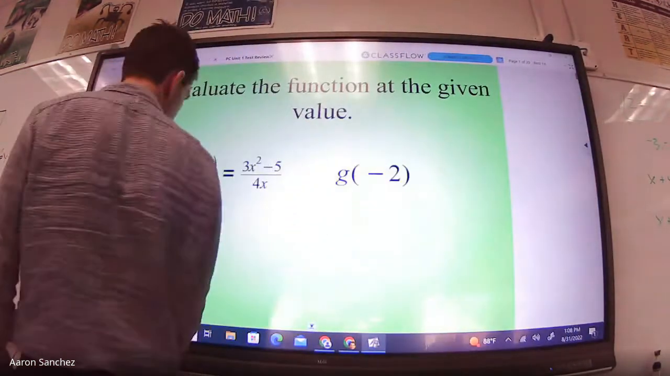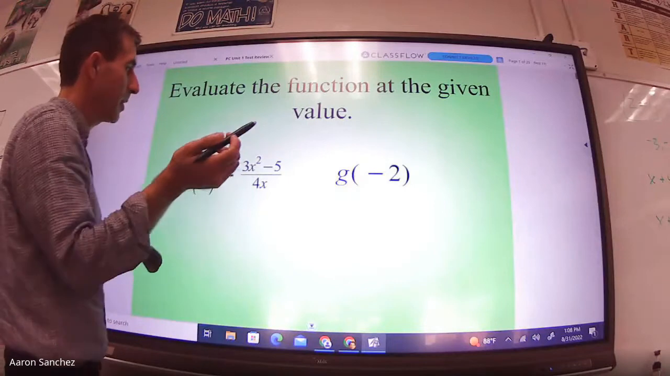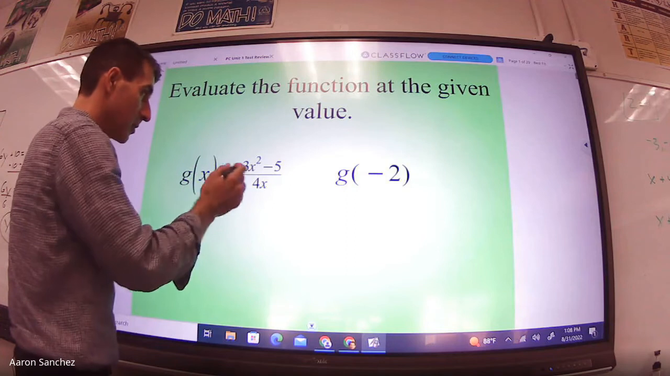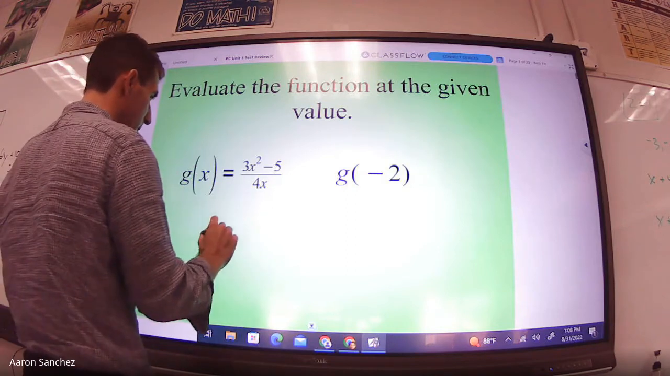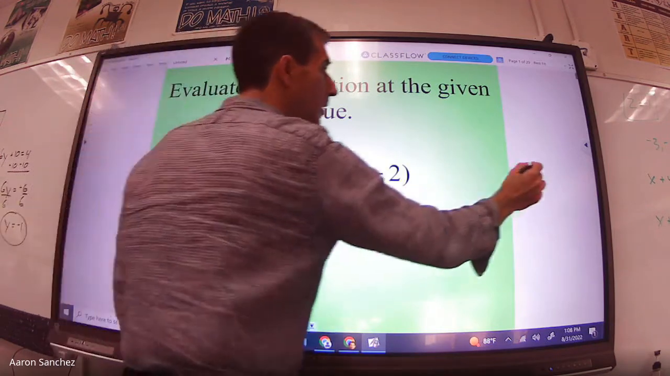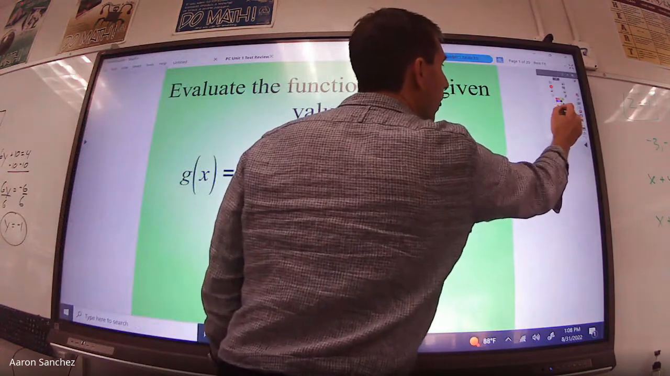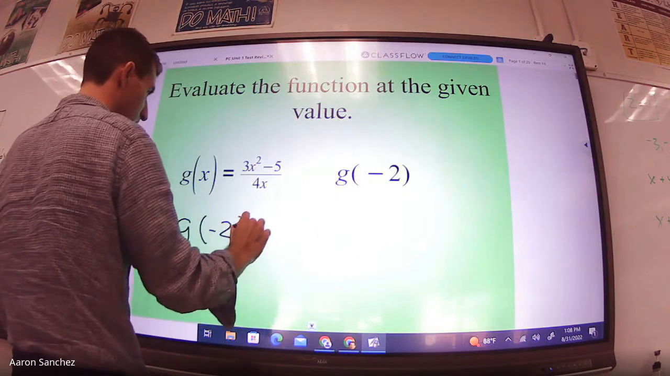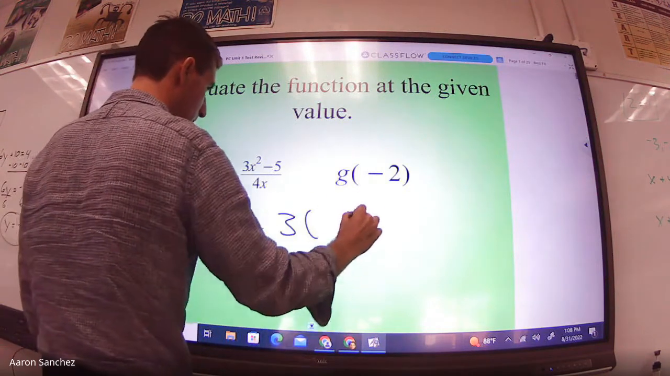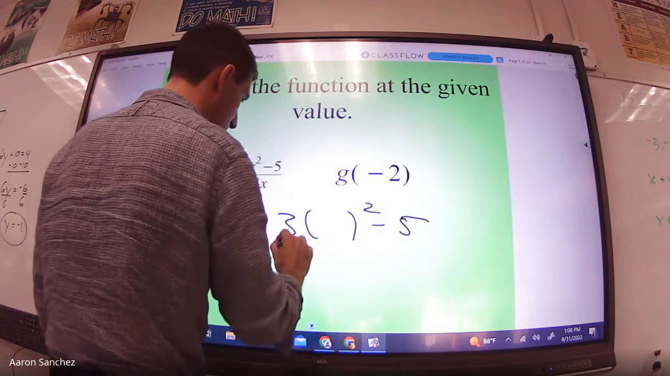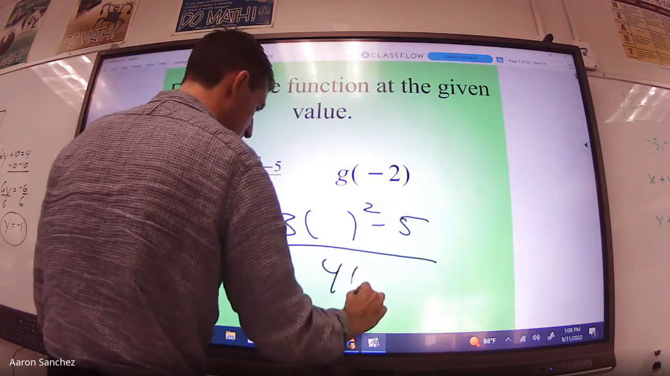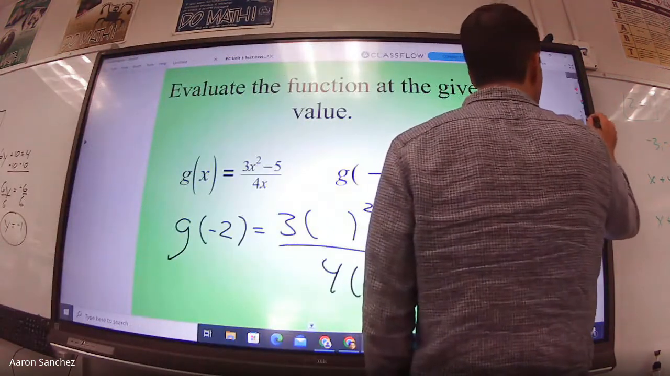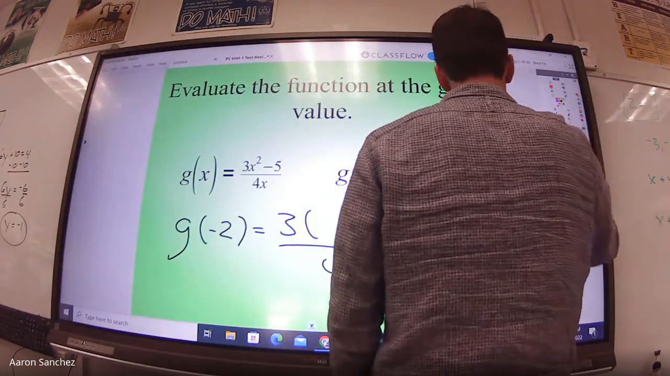Pretty simple. G of x equals 3x squared minus 5 over 4x. What is g of negative 2? So I'm going to replace x with negative 2. So we'll write this as g of negative 2 equals 3 times x squared minus 5 over 4 times x. Instead of x, we plug in negative 2. So I say negative 2,